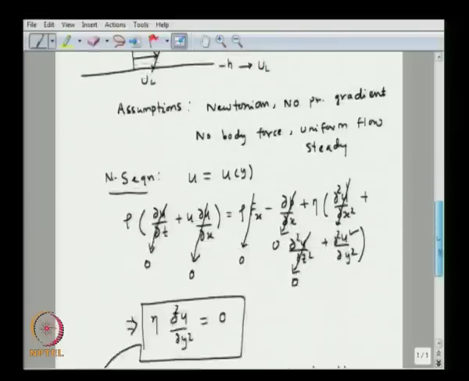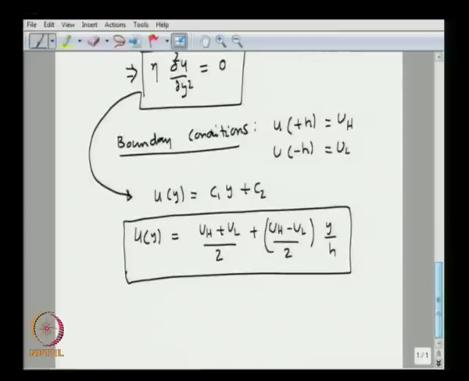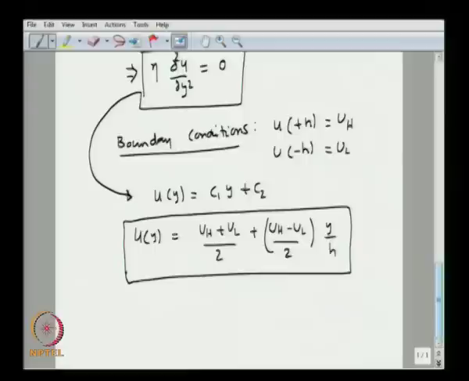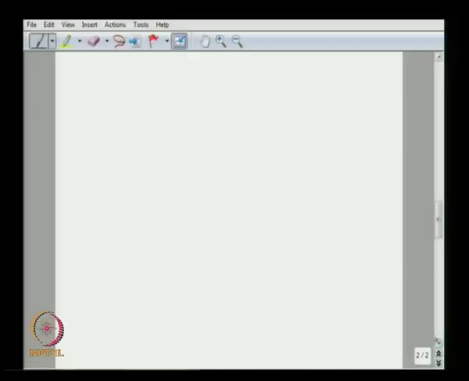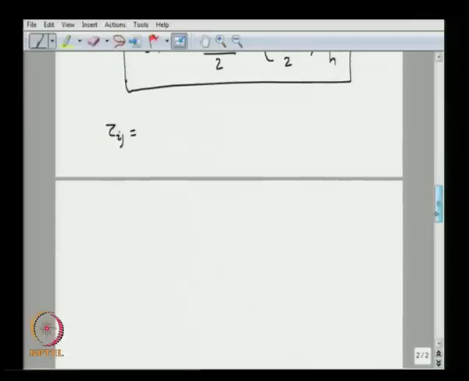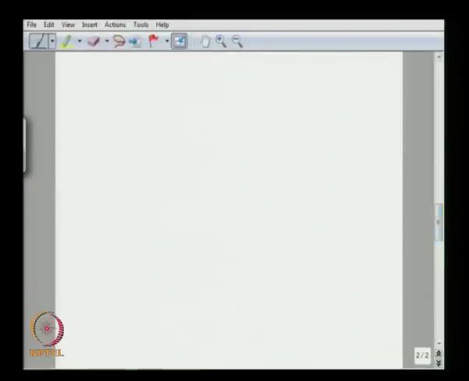Okay. Now from here, from the velocity profile, we can find out what the value of shear stress is. If you write the shear stress tensor, tau ij will be equal to, let us move on to the next page. We can write tau ij is equal to the 9 components tau